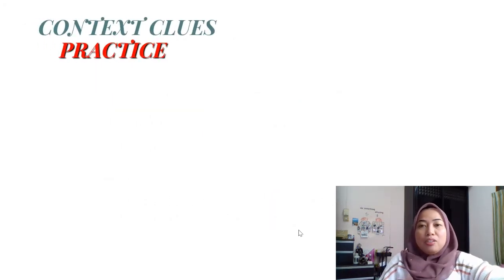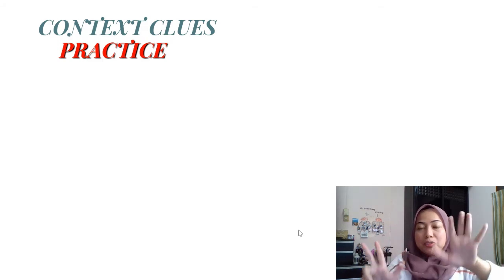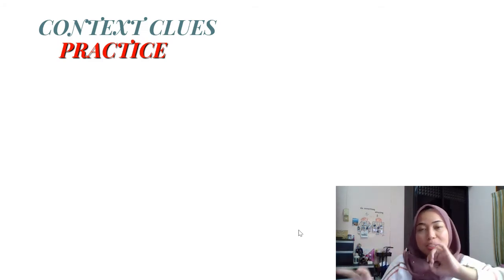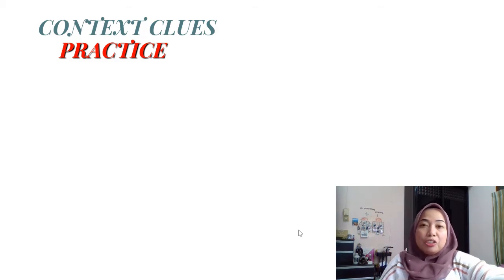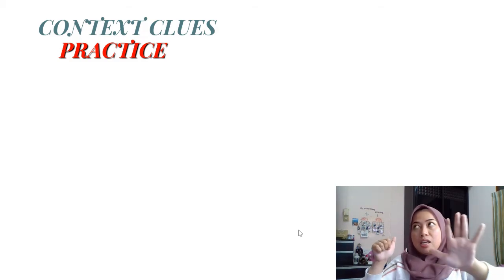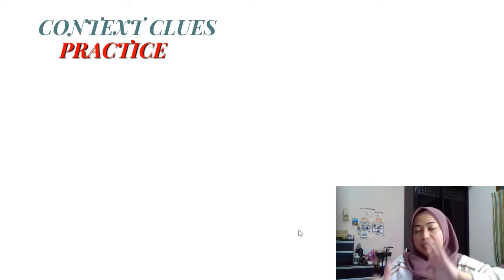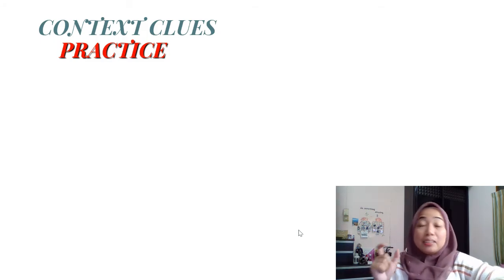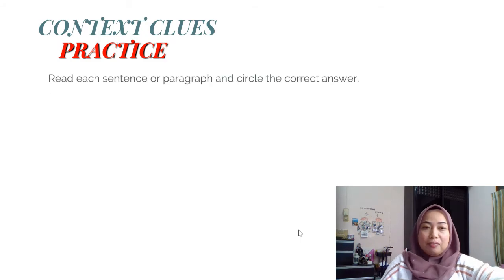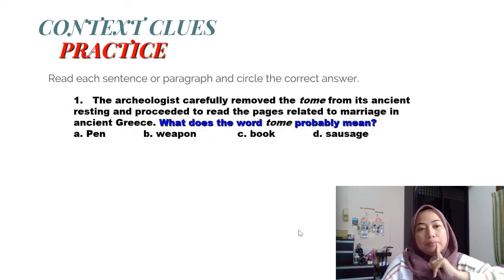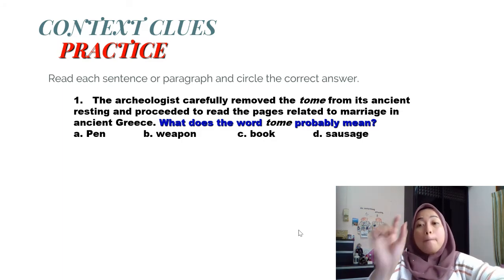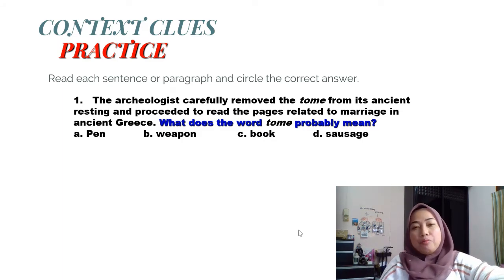Okay? So basically, you have learned 8 different ways or 8 different context clues. Now, what I want you guys to do is practice. I'm going to show you 6 different sentences, and I want you to guess the meaning of the word in the sentence itself. Now, the first one we have here: the archaeologists carefully removed the tomb from its ancient resting